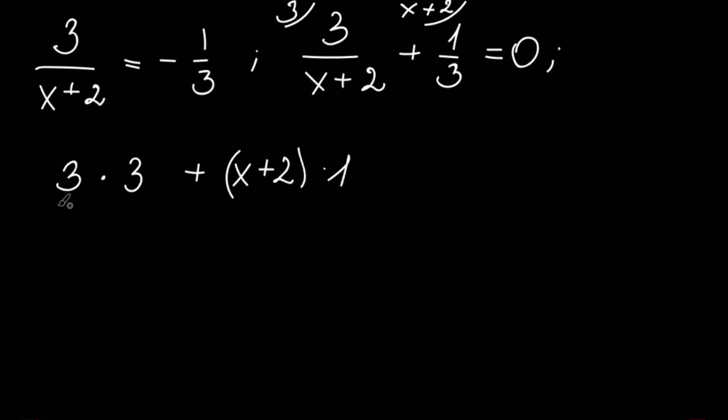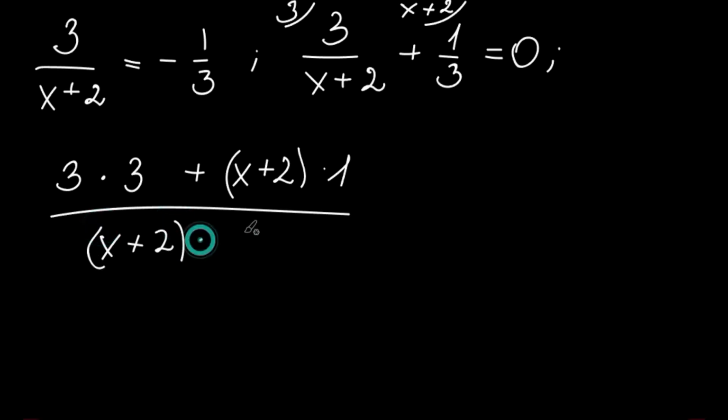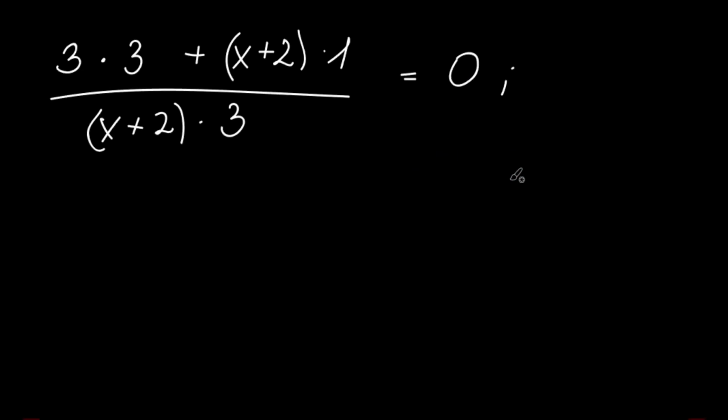Okay, that won't change anything, but if it wasn't 1, it would. And divided it by the product of these two denominators. So x plus 2 times 3. And this is equal to 0. Now, we need to do some grouping. So this will give us 9. This will give us x plus 2, because we multiply it by 1, so it doesn't really change anything. So x plus 2